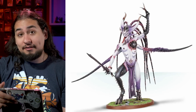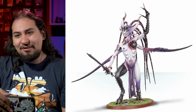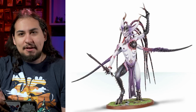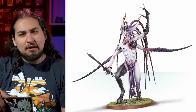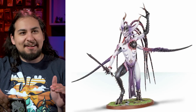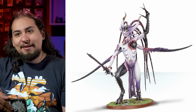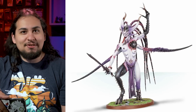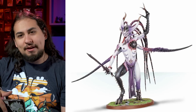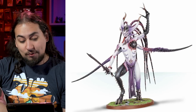Demonettes would look excellent surrounding this model, but Noise Marines wouldn't. Noise Marines are like excess of volume and noise and color, where the Demonettes are like the excess of lust. And it's hard because everything also sort of fits into excess, like excess violence is Khorne, excess gluttony is Nurgle, excess shenanigans is Tzeentch. And so it's hard to let them all have that, and then what's left for Slaanesh. It is a really hard thing to nail down, and I think it shows in the plastic reimagining of this